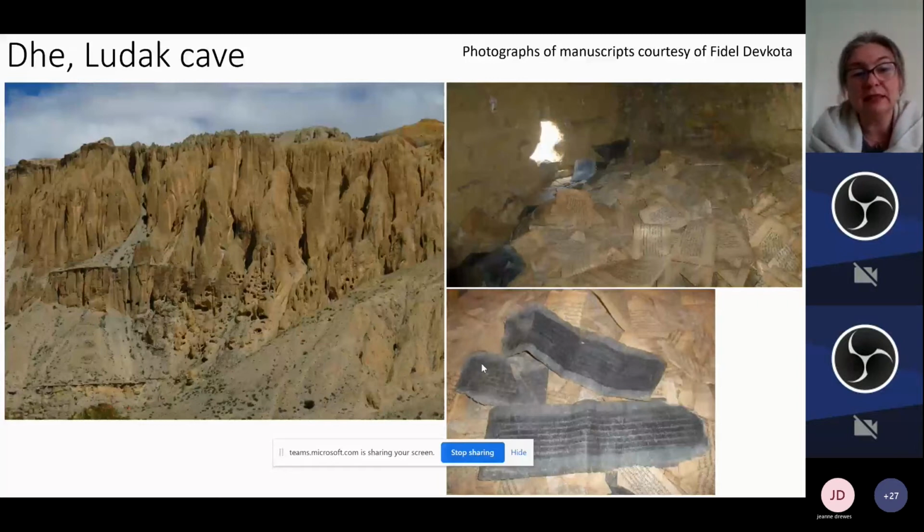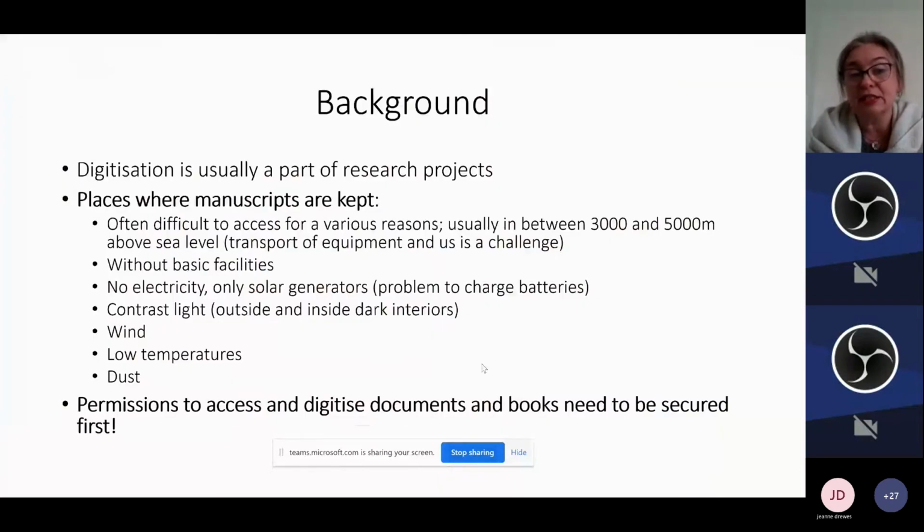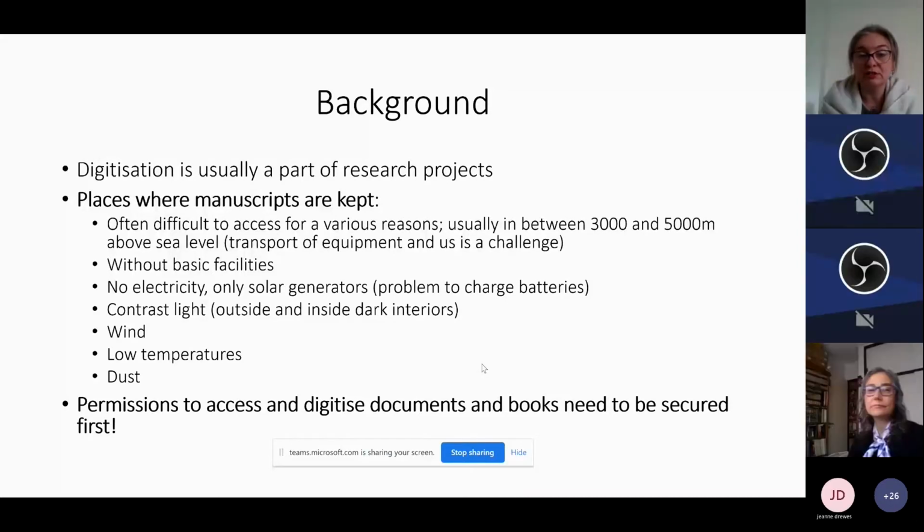So just summarizing, as I said, the digitization is for us the part of research projects. And those places where manuscripts are kept are, first of all, very difficult to access in most cases, for various reasons, usually in between 3,000 and 5,000 meters above sea level. And of course, we have to plan transport of equipment and us to get there. Sometimes we do it partly by airplane, partly by jeep, partly walking, or whatever possible, even horses,